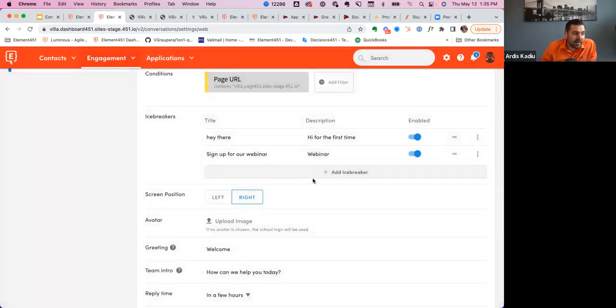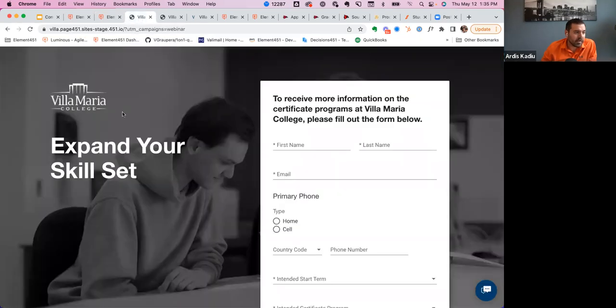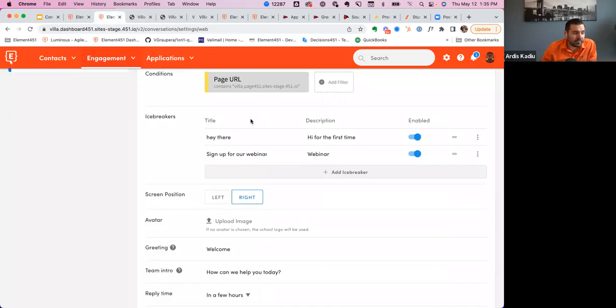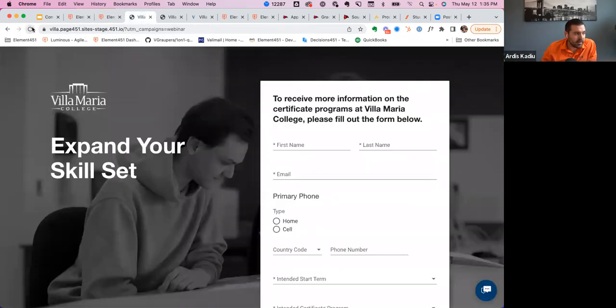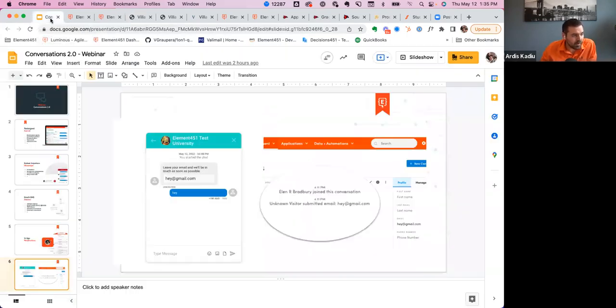So you can have as many icebreakers as you need depending on the context that you're in. So that's going to make it really easy for you to now have the ability to, well, actually, because I was already in there, it showed me this. So I can probably just move them. And let's see if that will work. The joys of doing a live demo, right? Sometimes you should be a little bit more prepared.